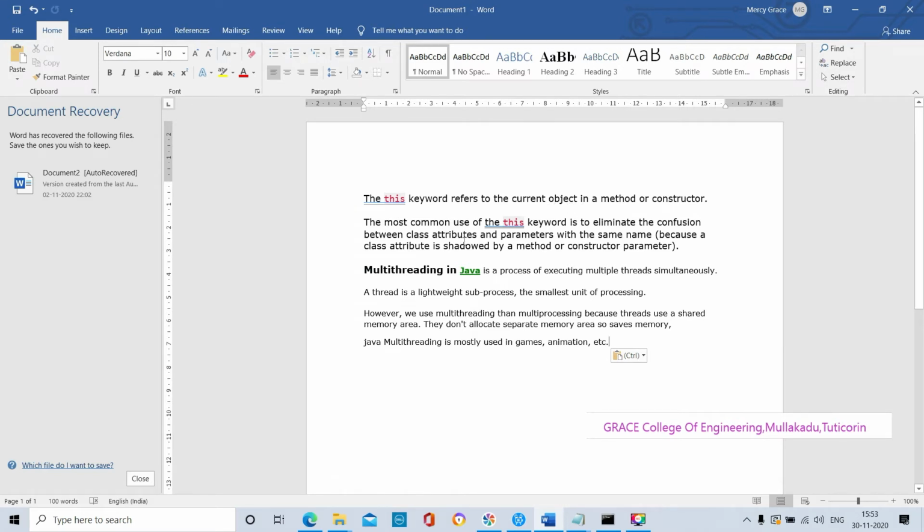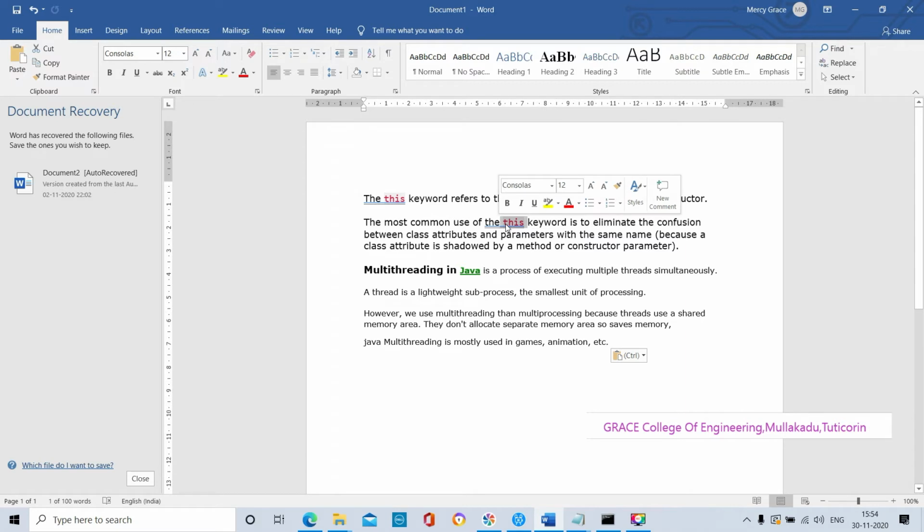The most common use of the this keyword is eliminating the confusion between class attributes and parameters with the same name. If the class attributes and parameters have the same name, we may get confused about which attribute we are accessing. To clarify that confusion, we use the this keyword.